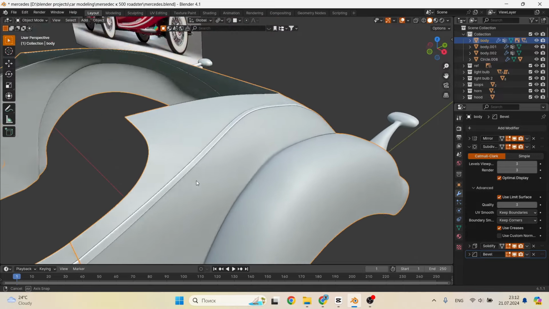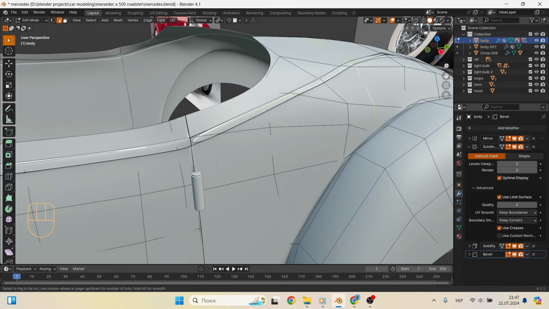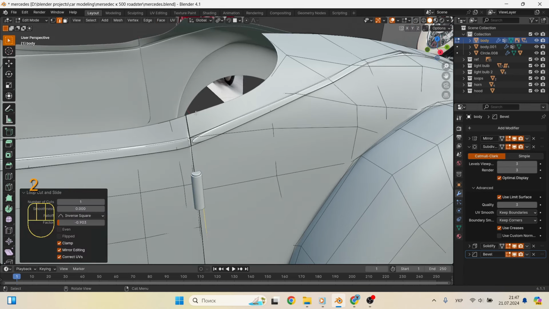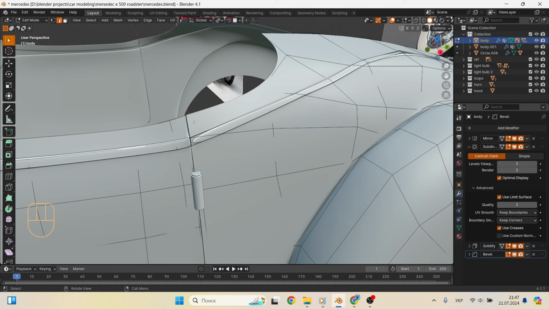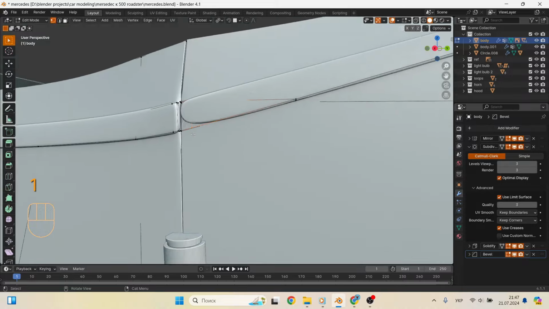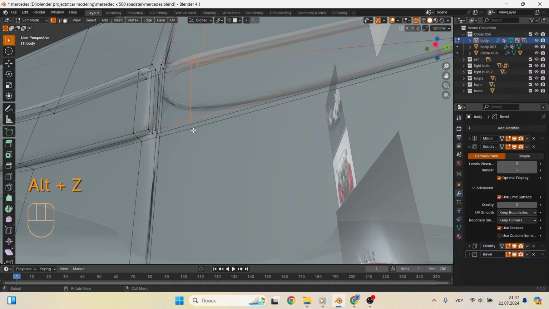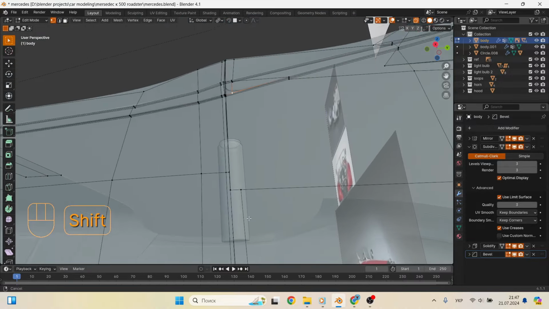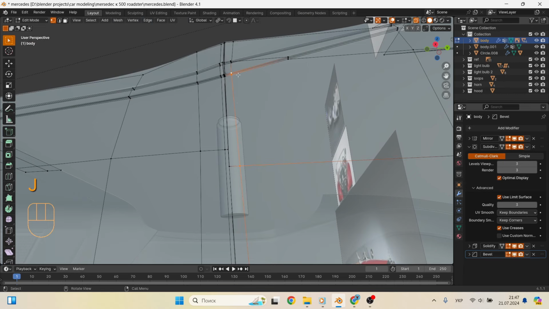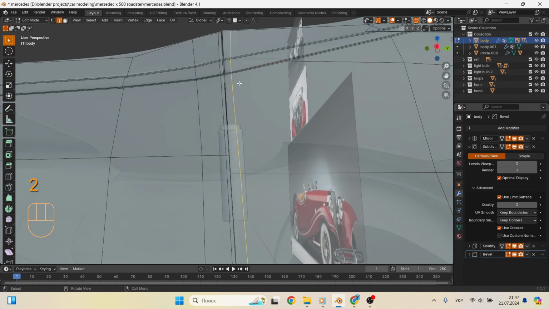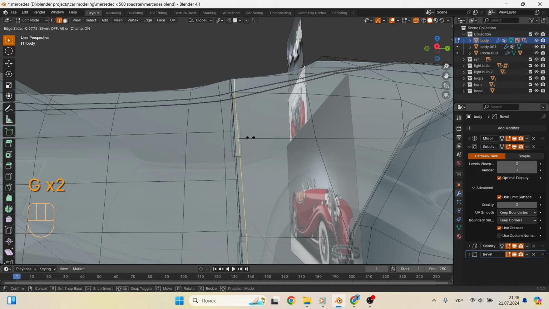Now we need to finish here, near the door. For some reason, Blender doesn't want to do a full height loop cut, so you have to use a knife to add vertices and then combine them. It often helps out. Well, that's good, now we can proceed to the front part of the molding.